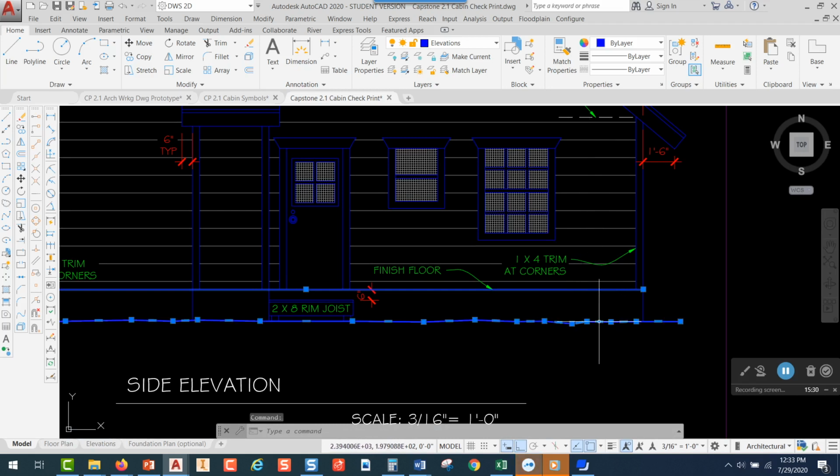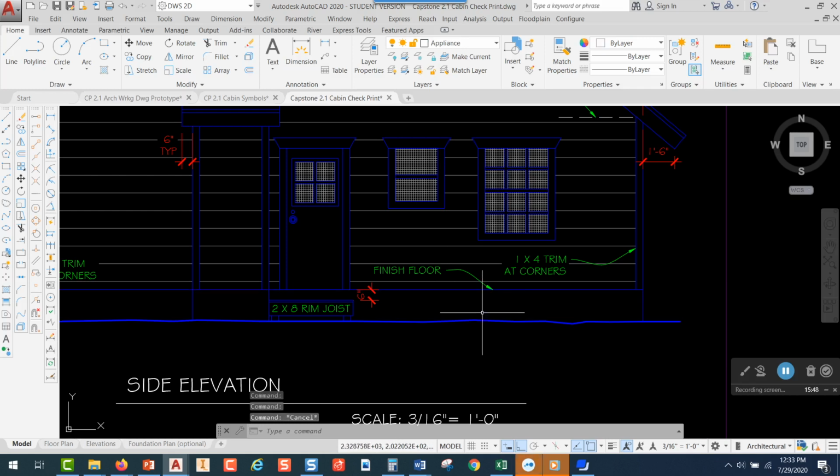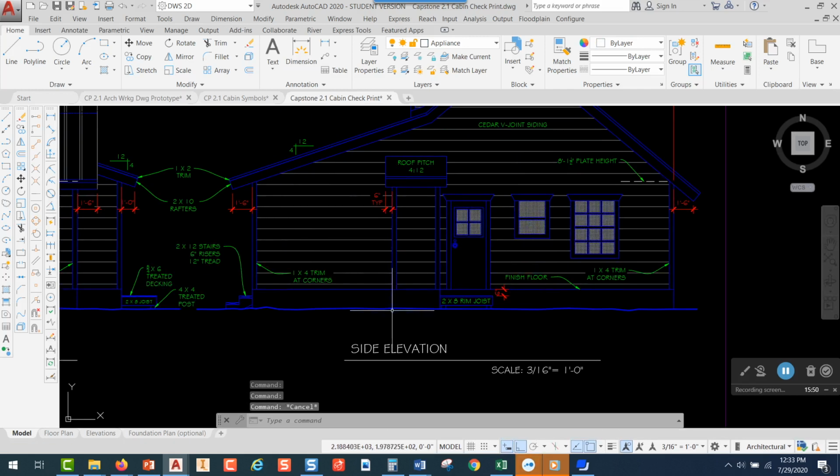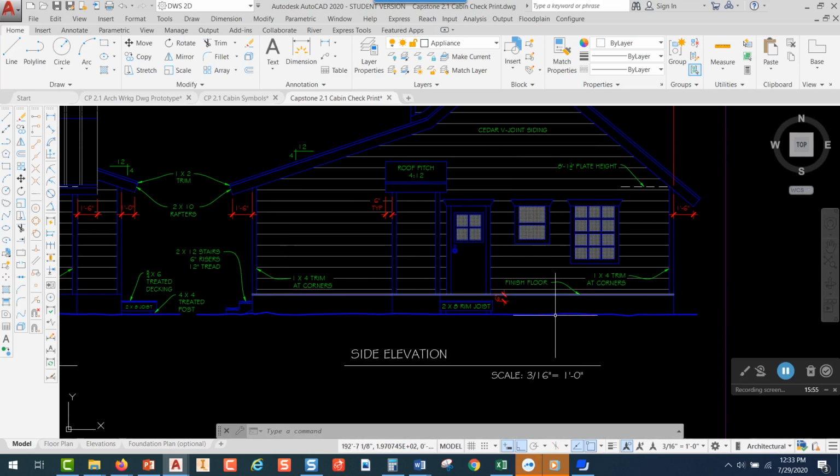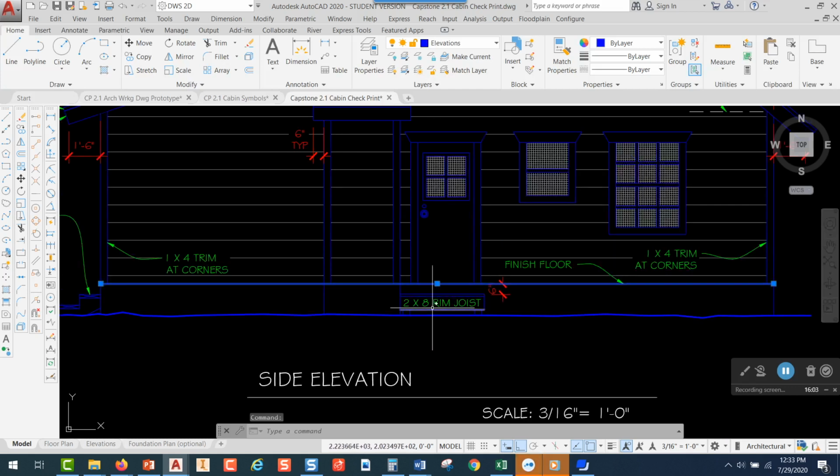And then our ground line, which is right down here, actually we take our finished floor and we offset it 18 inches to start. So the cabin appears to be sitting on a foundation that's 18 inches high. And we just chose that to be the number to draw the height of this cabin. That would depend actually on the site and where the cabin is built as to how high the foundation might be. So what we tell our students to do is offset this line 18 inches and imagine that that is